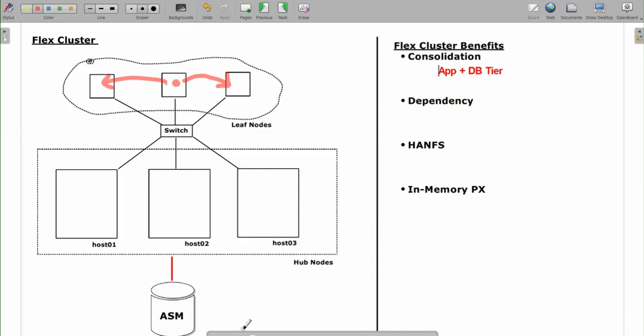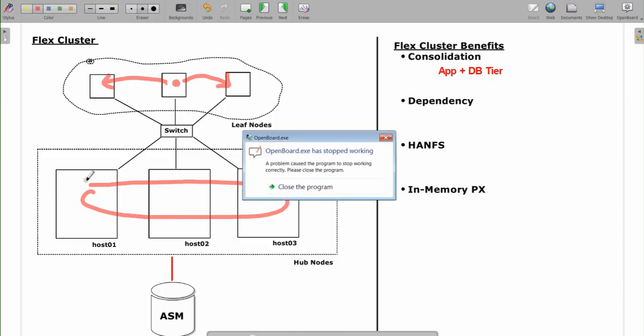So I will make this scenario. I have a 3-node RAC database. On host 1, I have instance 1 running. On host 2, I have a second instance running. On host 3, I have a third instance running. So I have a 3-node RAC database. And suppose that,